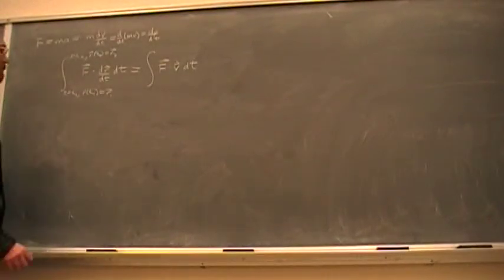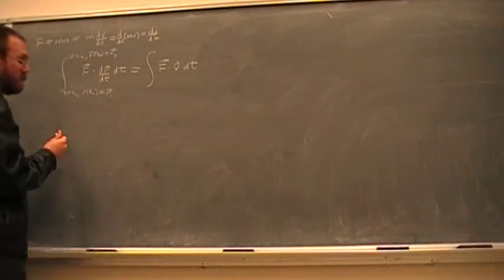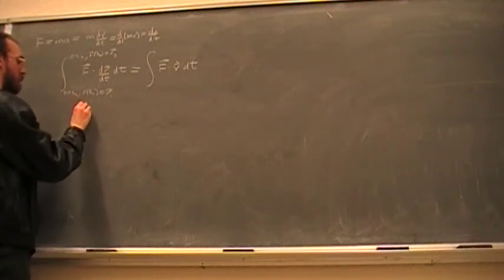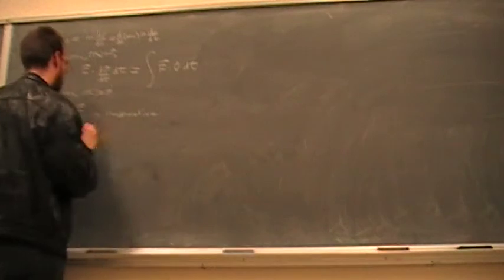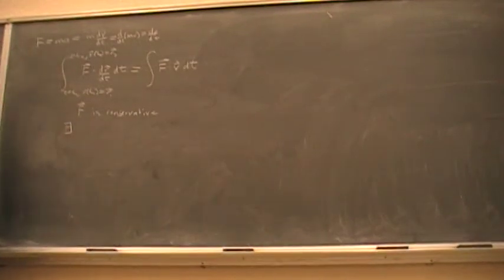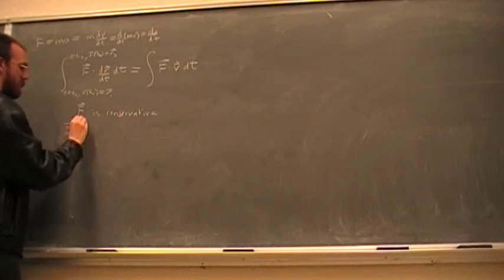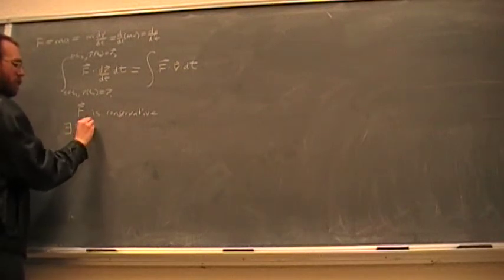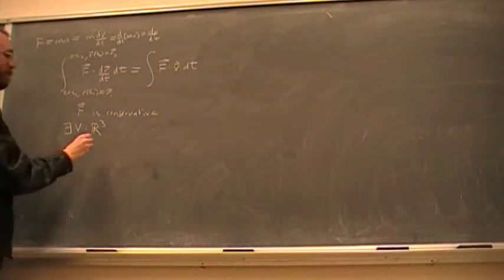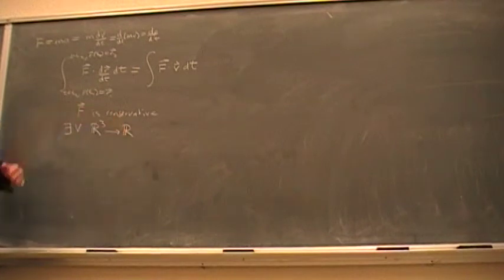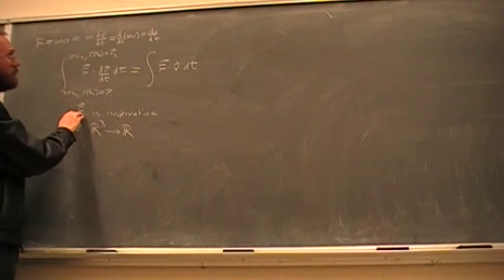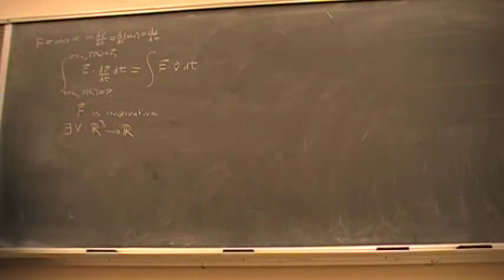And there's a very important result that says, if F is conservative, there exists a scalar field. This funny backwards E just means there exists. So there exists V, and it's going to go from, let's say, R3 if this is conservative everywhere. Scalar just means it gives us an output, a real number, not a vector. So the force field at every point would be a vector. So every point in space gives you a vector. This just gives you a scalar,